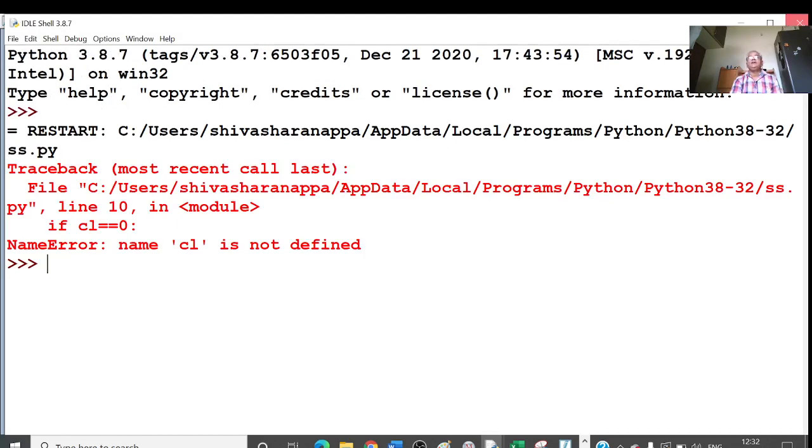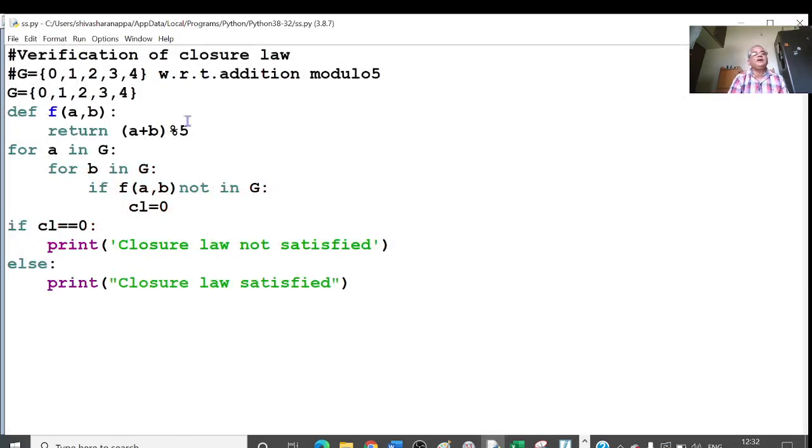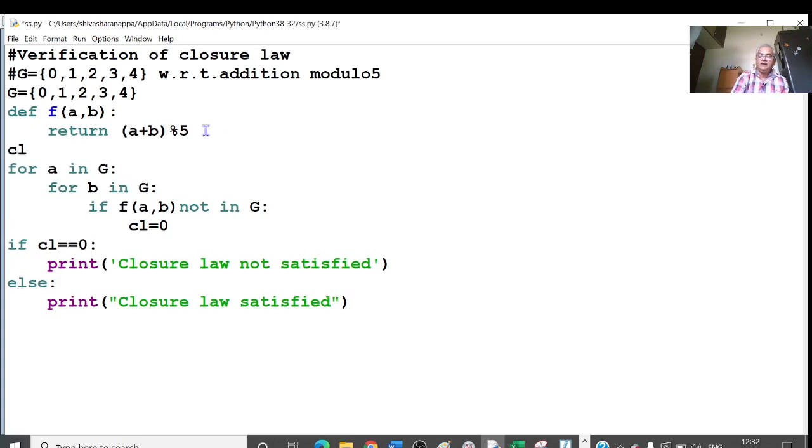Okay. What I have to do here is, before this for loop, at this stage after this definition, before the for loop, we have to define CL. I will give CL equal to any value other than 0. Not only 1 here, we can give 10, 20, 100, anything except 0, because 0 is when the closure is not satisfied. Okay. Now we will not get any error because this is not happening here. That means your CL is not taking 0. Already we have given CL equal to 1. So after coming out of this for loop, CL has value 1.